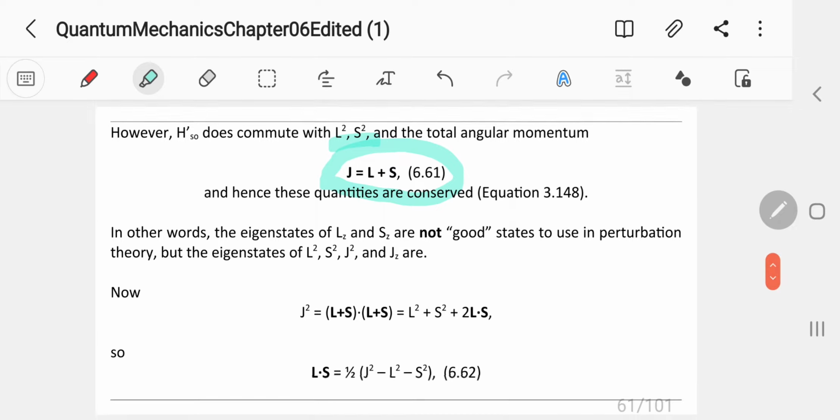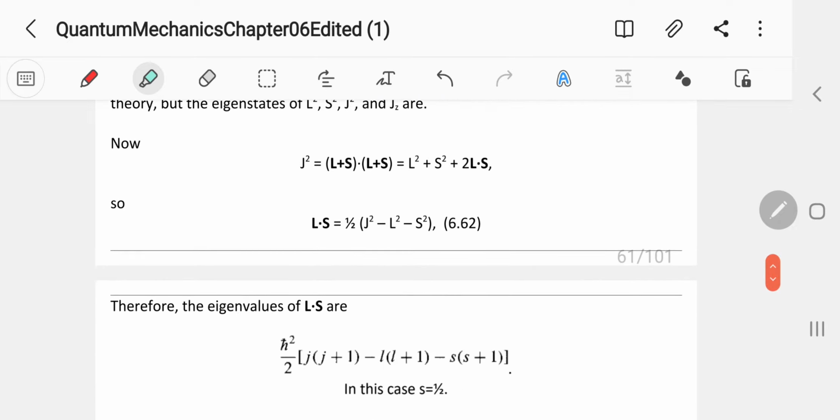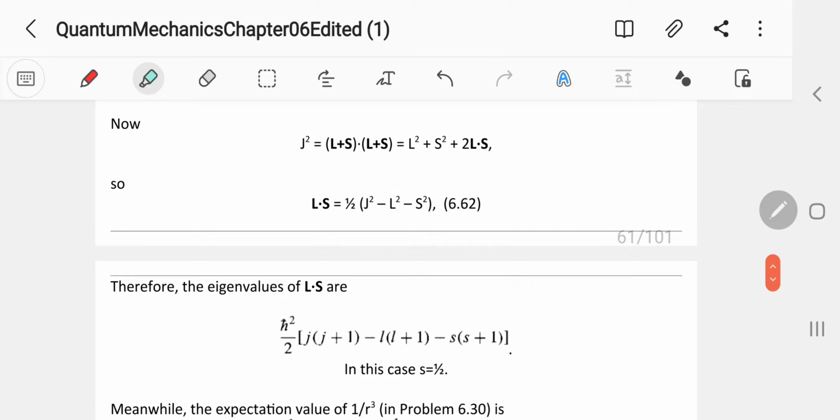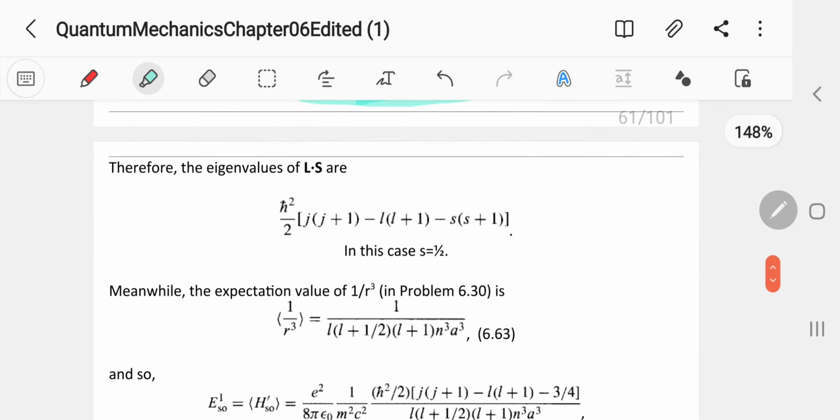Now, these are just some simple calculations of J square. So you can find J square is just equal to that. And of course, L dot S will just be 1/2 of this quantity. Therefore, the eigenvalues of L dot S are, as these are the eigenvalues of